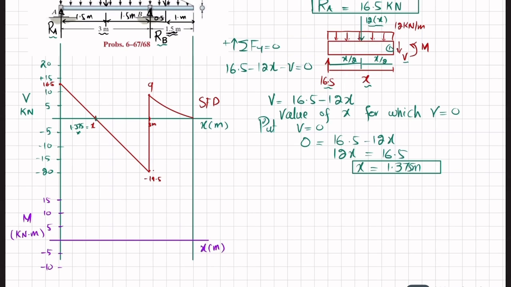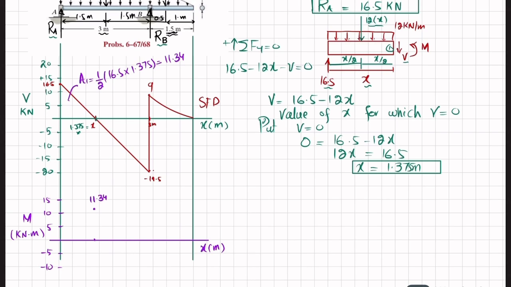Okay, the first area under the shear force diagram is this one, let this be A1. This area A1 is equal to the area of this triangle, so its area is equal to half into height into its width. So 16.5 and width is 1.375. So 16.5 multiplied by 1.375, and that will be equal to 11.34. So at this length we have 11.34. So let 11.34 be this point,